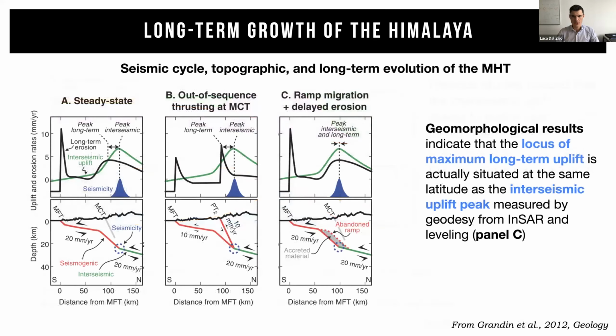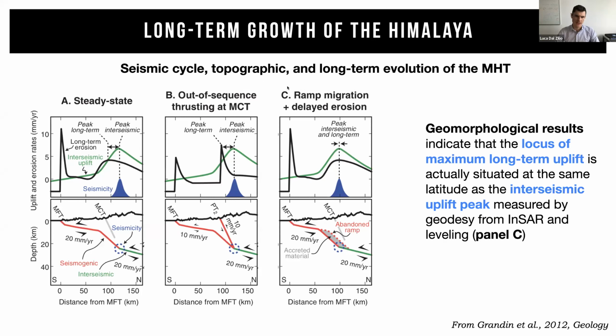So we try to understand this also by looking at some of the GPS stations, and a very interesting study from Grandin et al. in 2012 shows that there is an important feature in this type of condition: the peak of interseismic strain and the long-term uplift seem to coexist spatially. In these three examples that you can see here, from more of a steady-state condition, to a condition where instead we have out-of-sequence thrusting, to a condition where we have a ramp that is migrating over time, they propose this